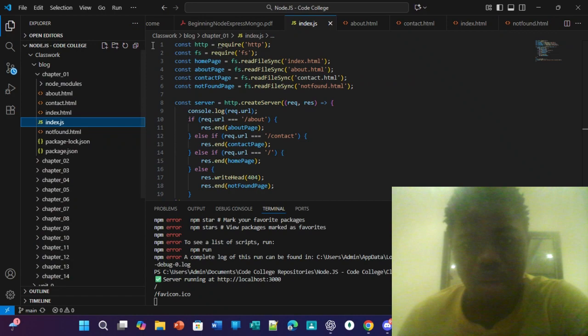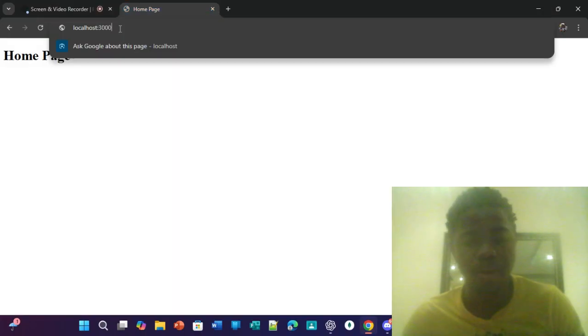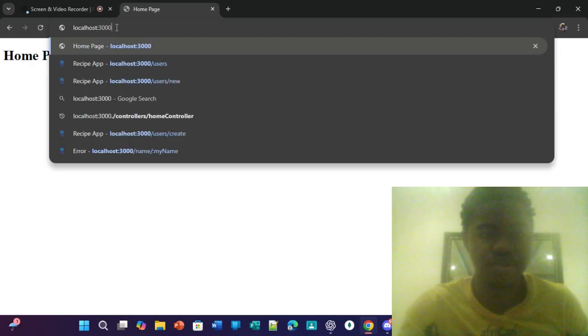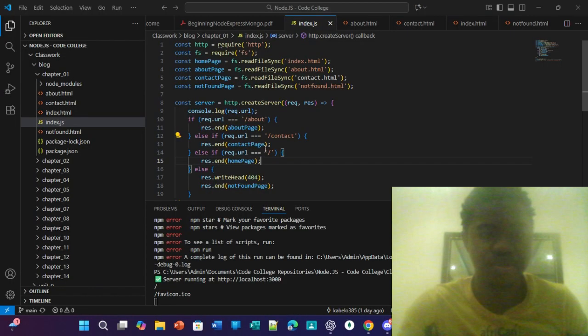It's the same thing here. Else if request.url strict equal operator /contact. So in our URL, after localhost 3000, we do /about, and then it will take us to the parameter that we're referencing. Else if request.url strict equal operator /contact, it serves the contact page. Else if request.url strict equal operator